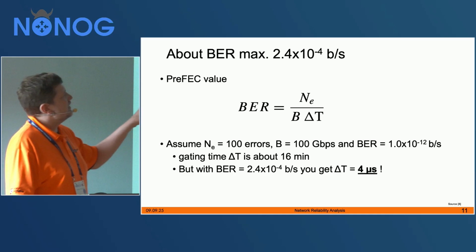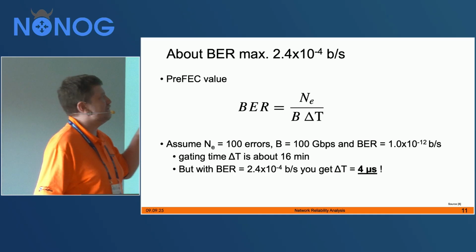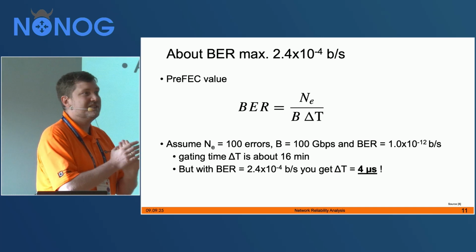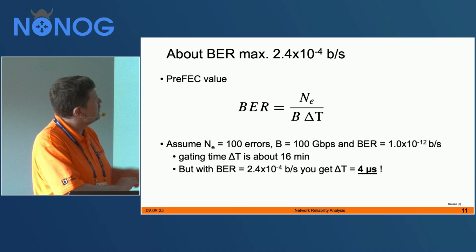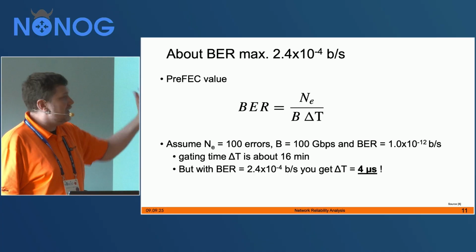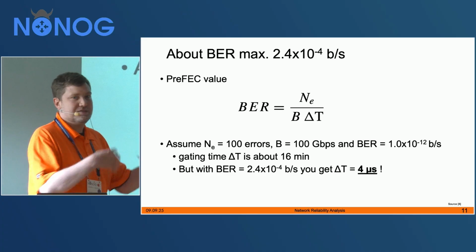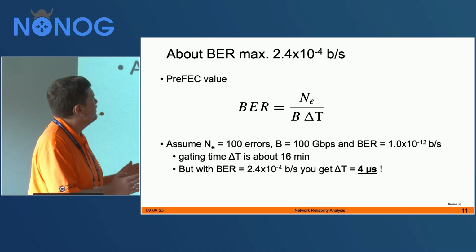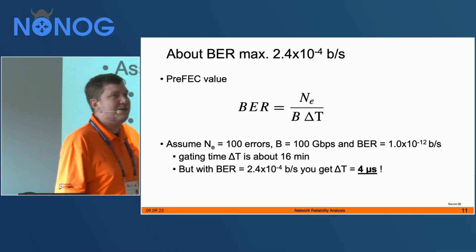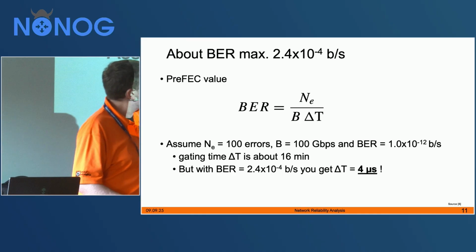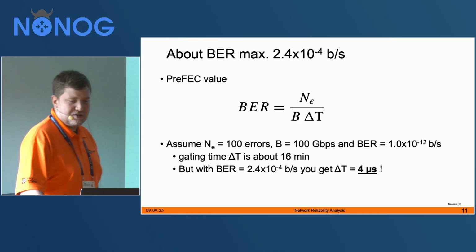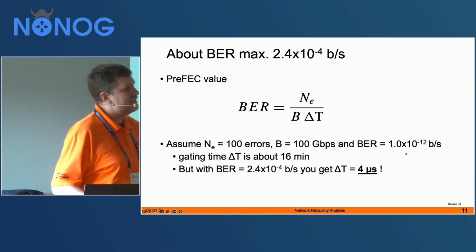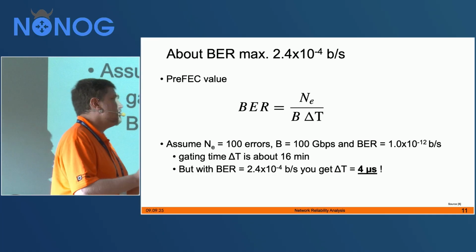Getting back to the bit error rate, this relationship seems simple. You also have to consider a little bit of statistical noise, Gaussian noise. Usually you take a sample of 100 errors. Why do you do that? Because the idea of gating time, you might read this in the specification of transceivers, is that you take a sample and you assume that there's a certain probability that up to 100 errors I receive if I wait, I don't know, 16 minutes, for example. And considering a bit error rate which is a good value, 10 to the minus 12, it takes 16 minutes you have to wait, in which you can consider there were